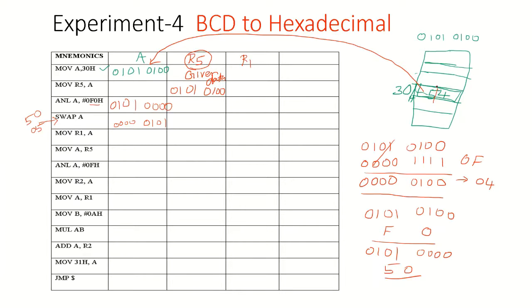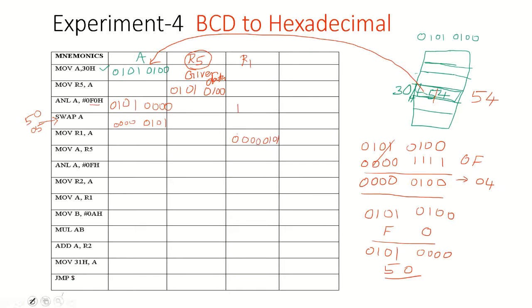So far, this 5 4 BCD number is separated, and this 5, which is the higher byte in this BCD number, is stored in register R1. So this is 0 0 0 0 0 1 0 1. This is the higher byte.